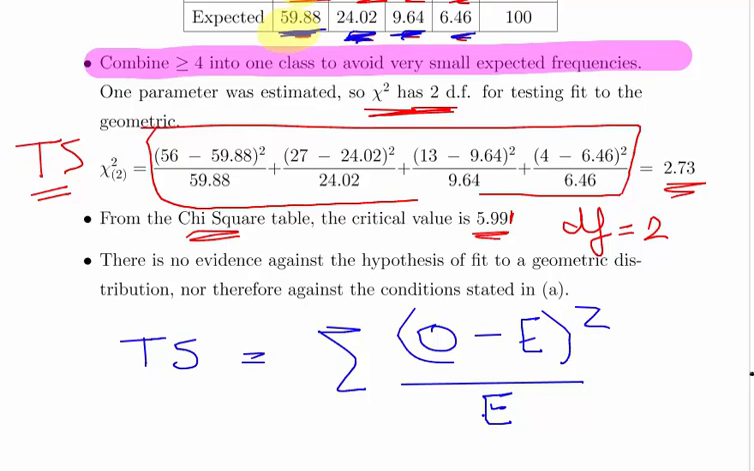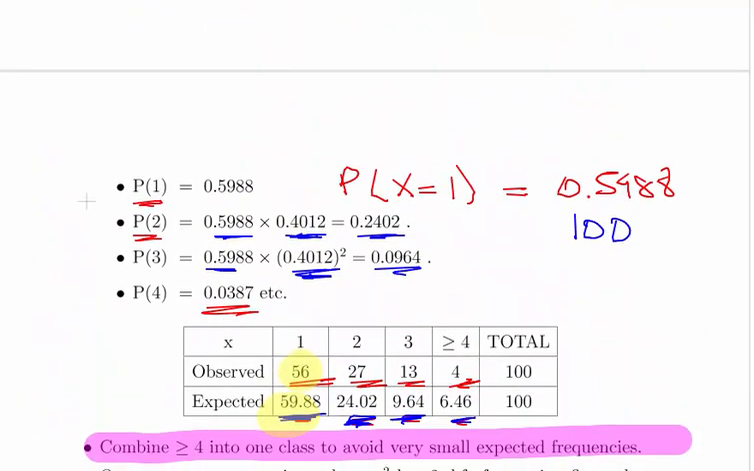So there's no evidence against the null hypothesis of the geometric distribution, and therefore none against the conditions stated in A. Okay, so essentially what we're saying here is that the geometric distribution seems to be a pretty good fit, and our estimate of 0.5988 for our probability doesn't seem to have anything wrong with it. Okay, so that is it. That's the geometric distribution and the chi-squared